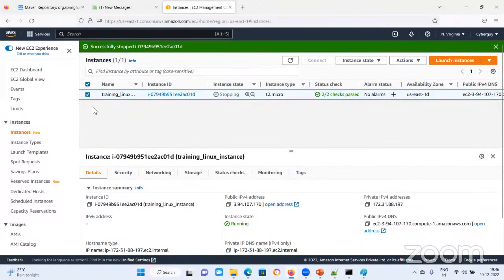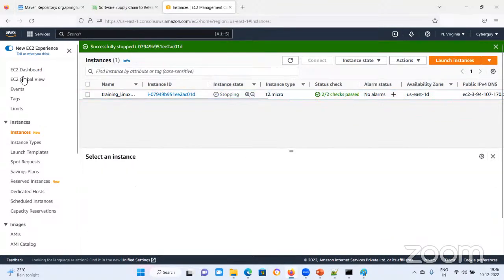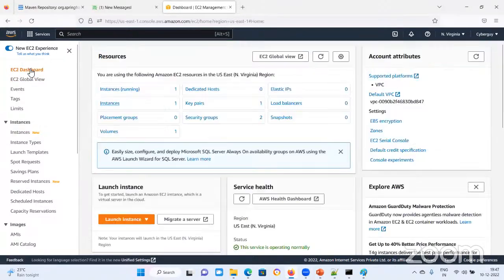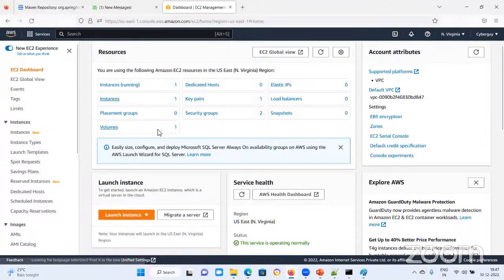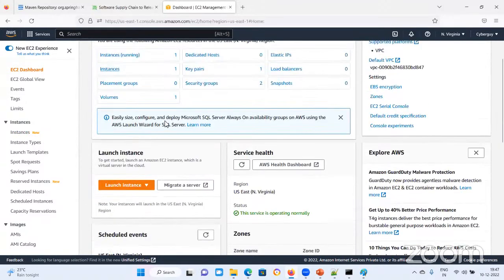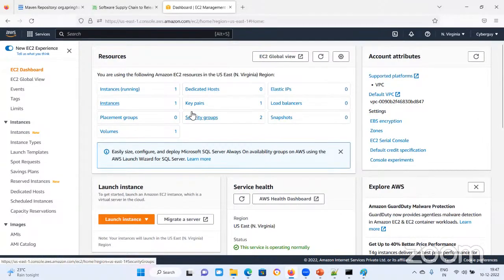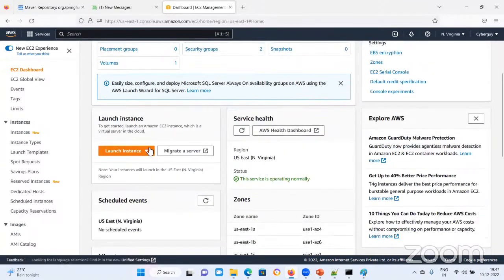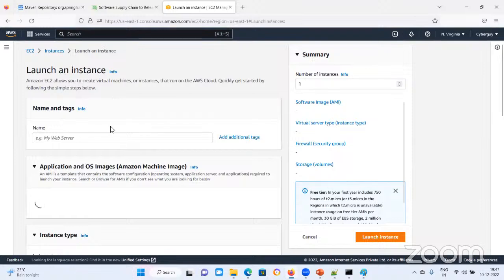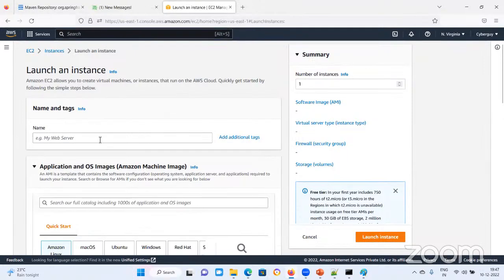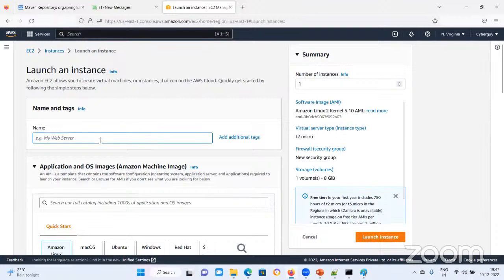If there is no instance, see, I'm going to the EC2 dashboard here. These are the instances, and I would like to launch a new instance. It is a very simple and easy method. You can directly launch the instance, and here we have to provide the name for your instance. Which one are we going to install here? We have to install Linux, right? So for this Linux,